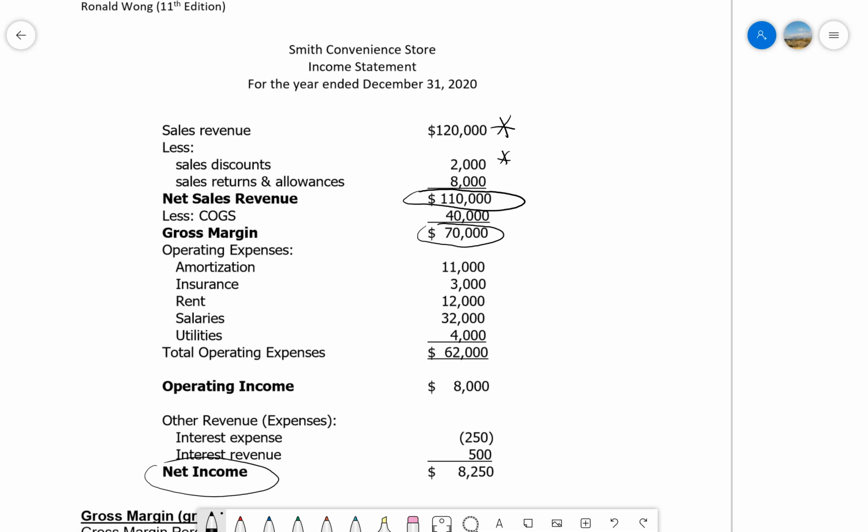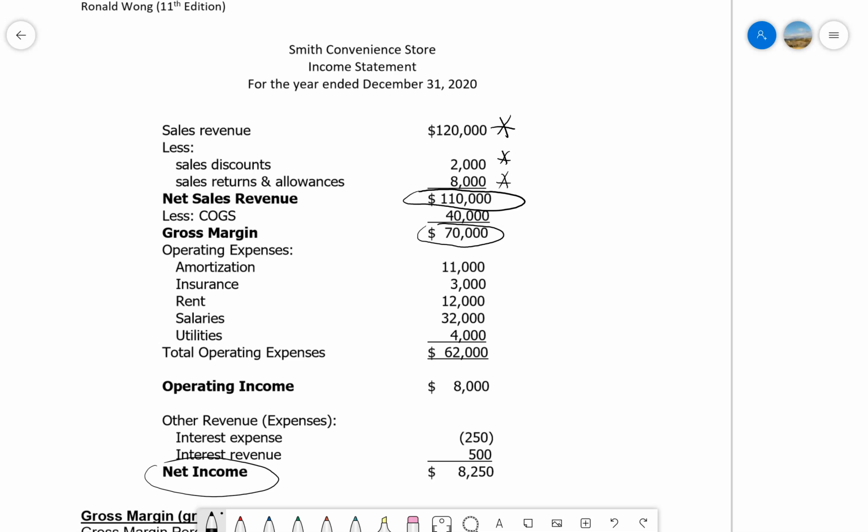And they also had some returns and allowances, maybe because the product was inferior or slightly damaged, and that amounted to $8,000. So this gives us an idea of how effective the discounts are. Did the customers take a lot of discounts or did they not? Was there good quality inventory that was sold? Was there a lot of returns and allowances? So that's the reason why we set up these contra accounts for discounts, returns, and allowances, to give additional information